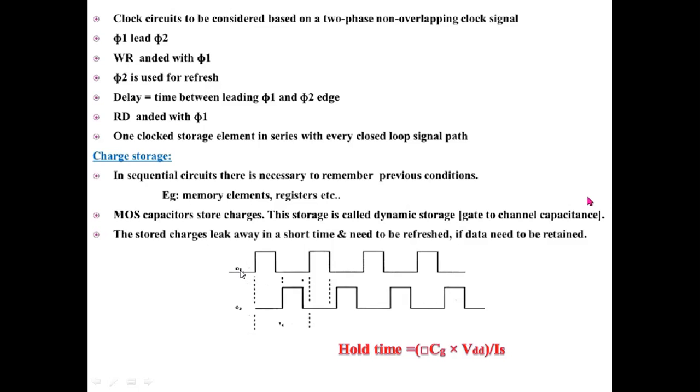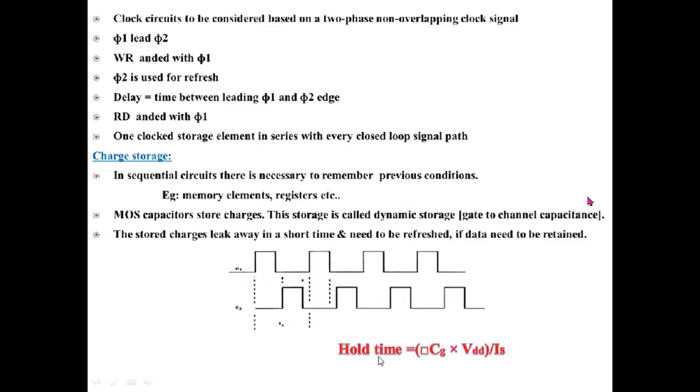Like again, these Phi 1 and Phi 2 clock signals are being shown here. Always the Phi 1 clock signal will come first, and next we have the arrival of the Phi 2 clock signal. So at no instant of time will these clock signals Phi 1 and Phi 2 be the same value. Suppose if Phi 1 is high, then Phi 2 will be low, right? And if Phi 1 is low, then Phi 2 will be high. So at no time can you expect Phi 1 to be equal to Phi 2.